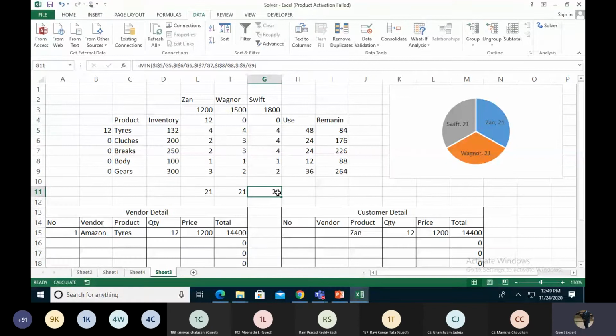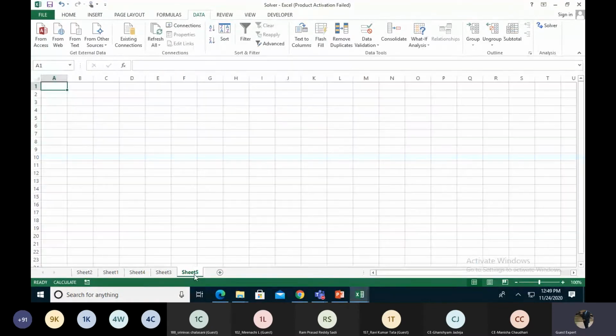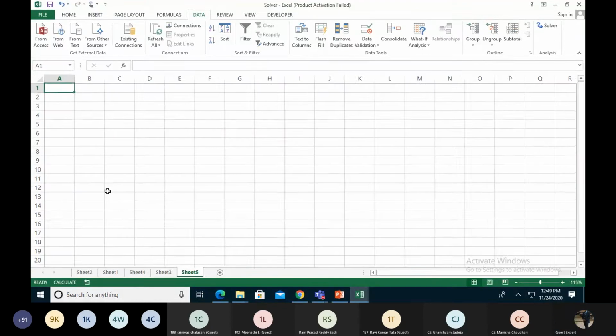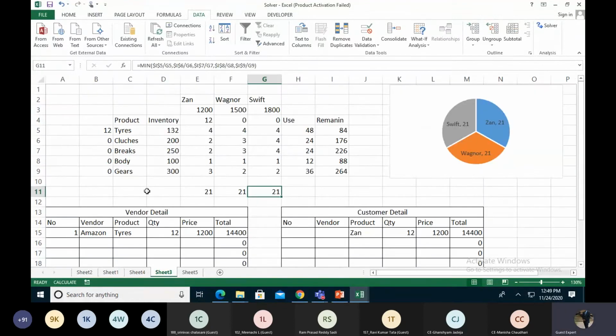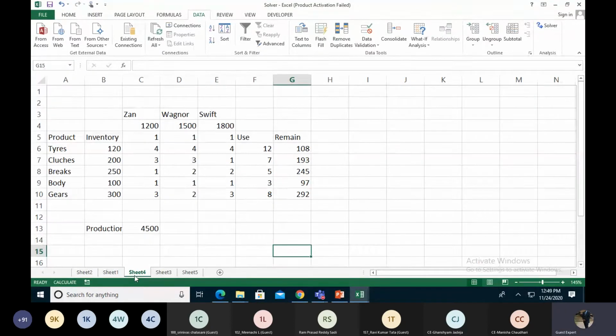So we create another sheet. I am taking the previous one as well, and we make this over here.